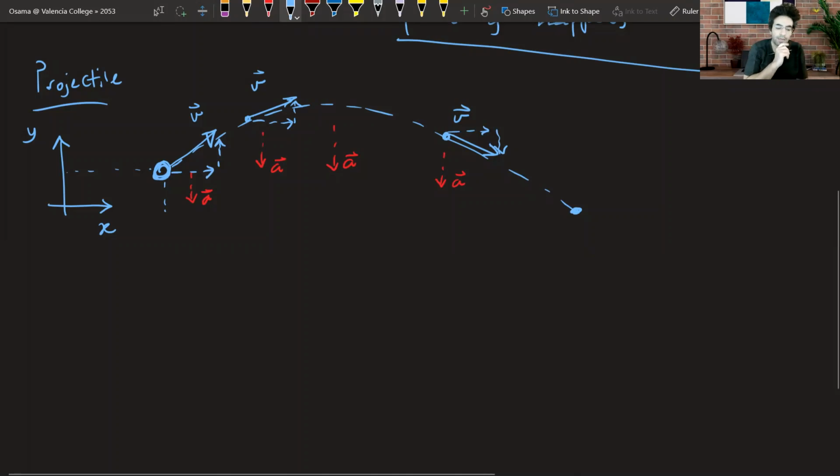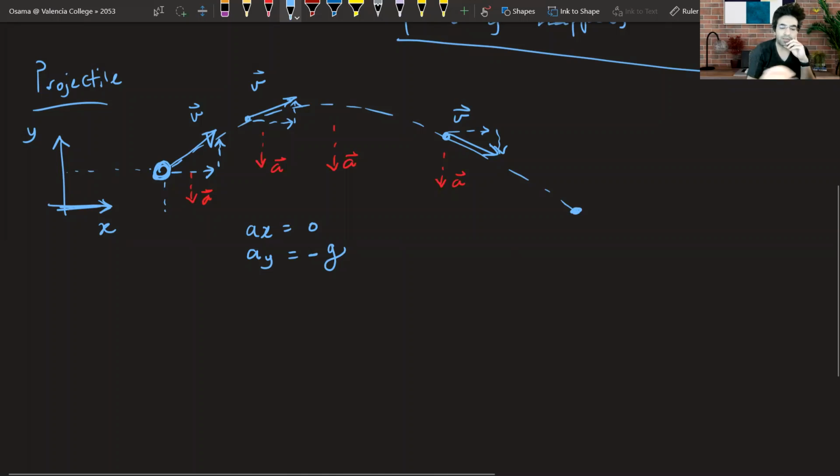Okay. Now, because the acceleration is only in one direction, that means I can always write the acceleration vector in the X direction as equal to 0, because it has no extension along the X direction at all. So its X component would be 0. But its Y component in this case is pointing opposite to what I'm calling positive Y. So it gets a negative sign, right? As we've always done with components. And in this case, it's actually equal to exactly